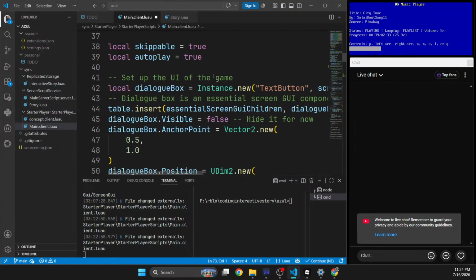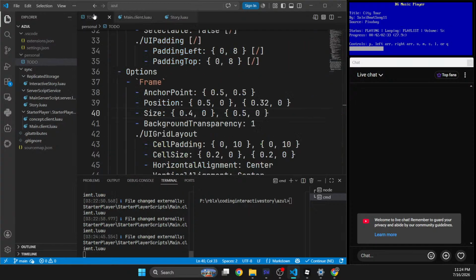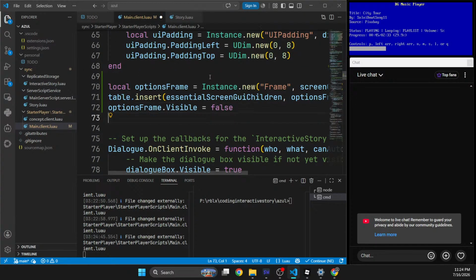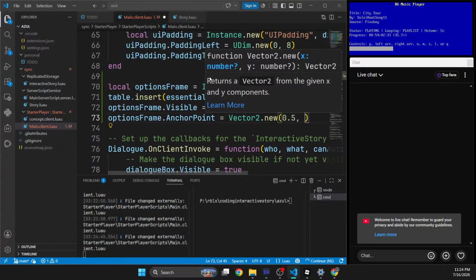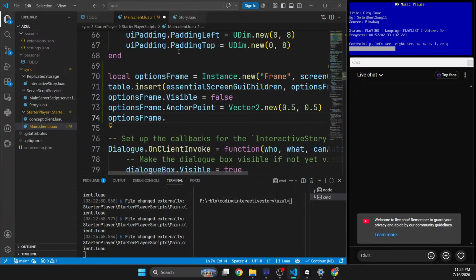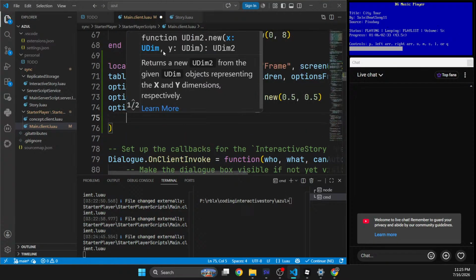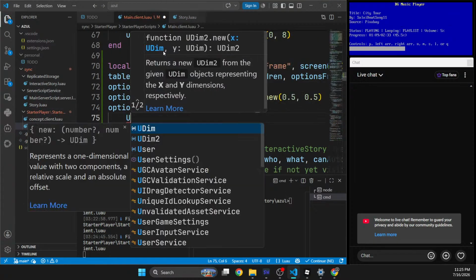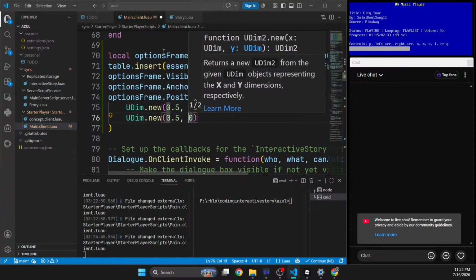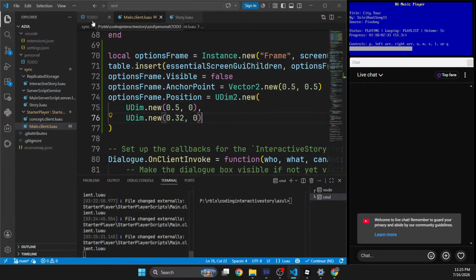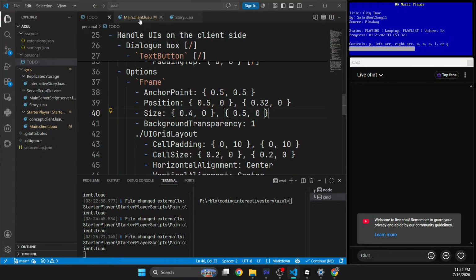Okay, what else do I need to do? Anchor point. Okay, well, I should probably just fix this. So options frame.AnchorPoint is equal to Vector2.new 0.5, 0.5, and options frame.Position is equal to, not Vector, but UDim2.new, UDim.new. Scale is 0.5 for x, but for y the scale is 0.2, while the offset is 0. And then the size,